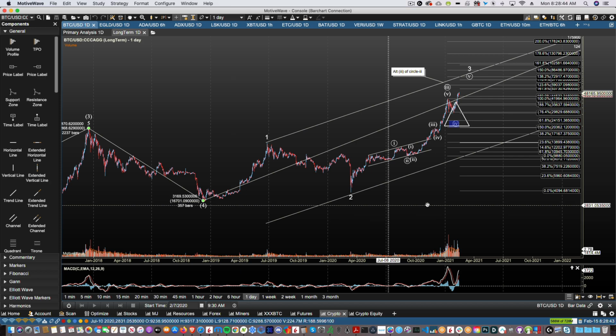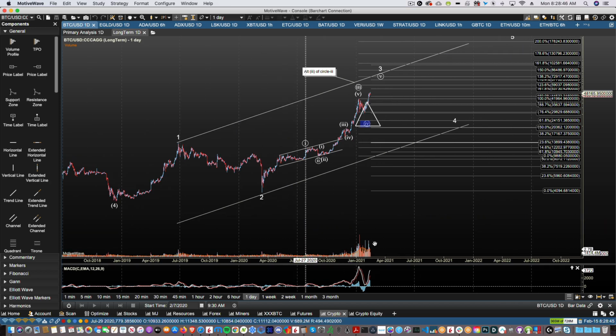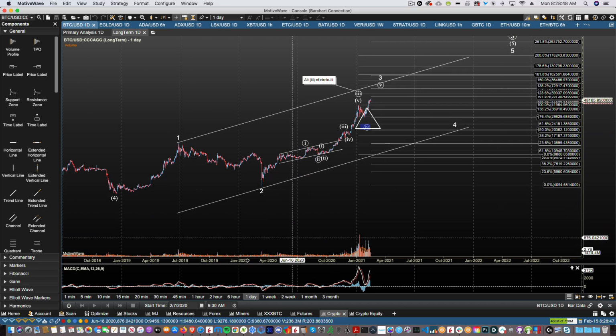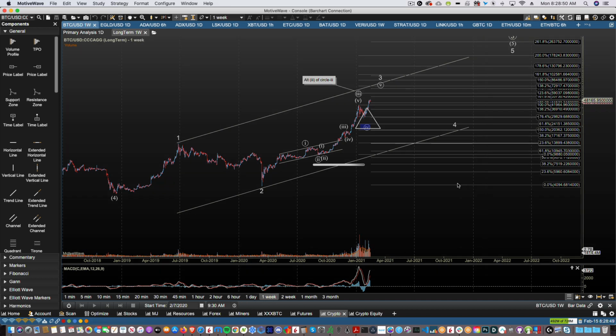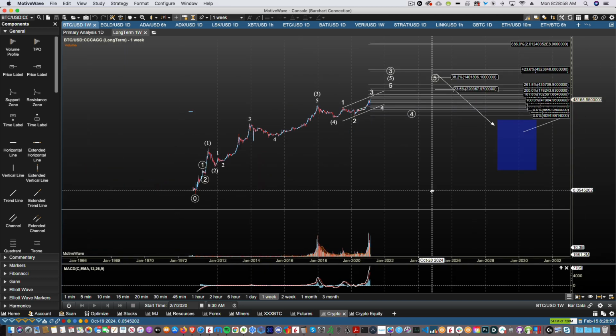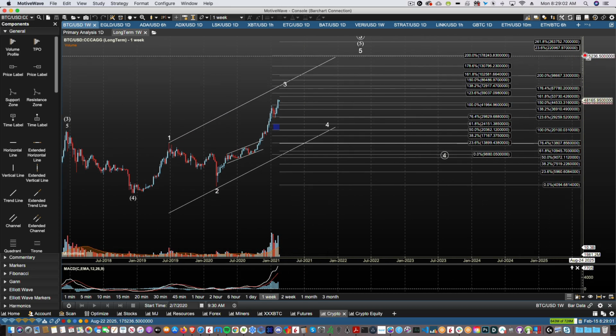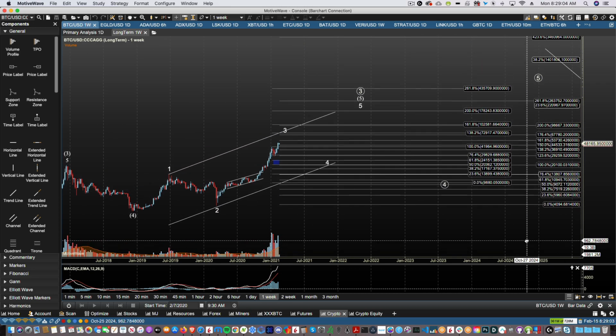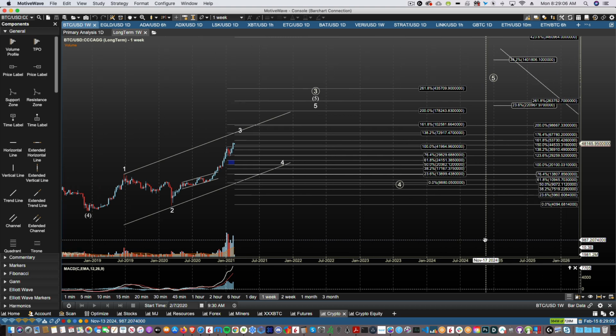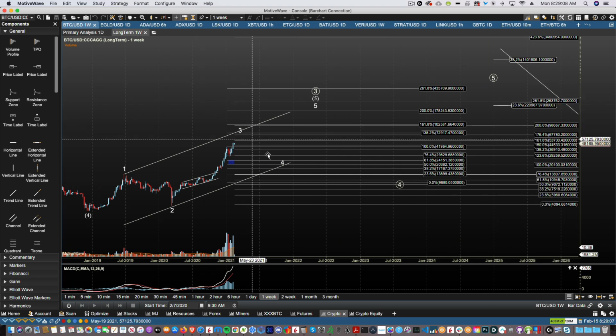All right, and when we zoom out on Bitcoin, let me get to a weekly chart. You can see that I am there. There's actually a couple of alternate counts. Let's get some data refreshed here. But I'm calling eventually for at least 500,000. I have alternates where it even goes to 3 million and whatnot, but I expect once we're finished with